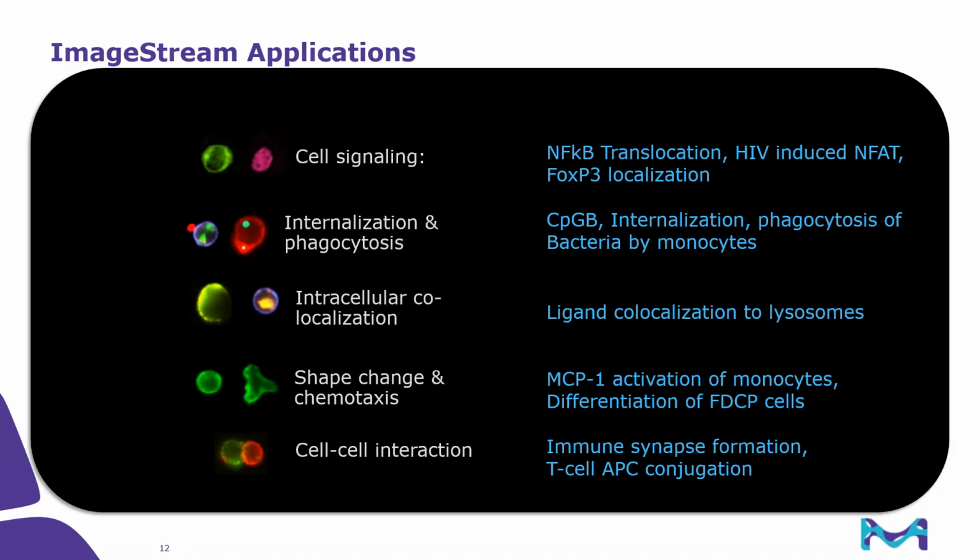We have groups that are looking at overall shape changes, not only in looking at immune response with MCP1 activation of monocytes, but also looking at unique red blood cell morphologies and other types of cell morphologies that are important